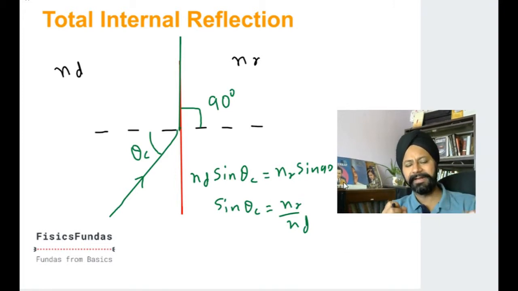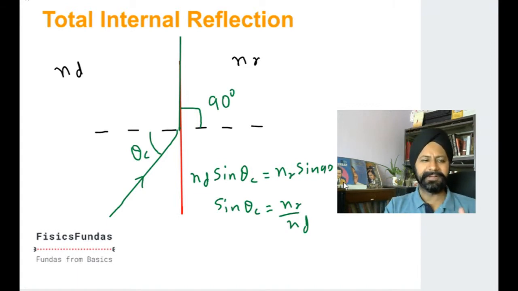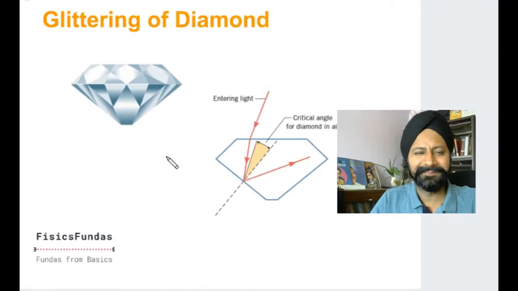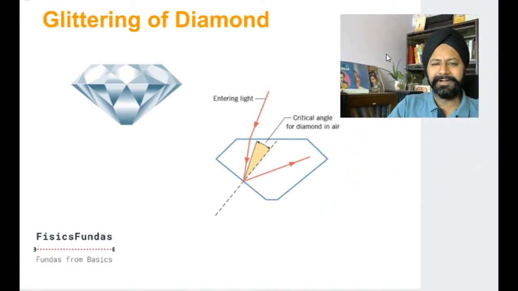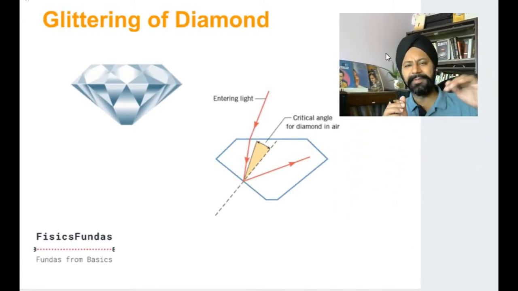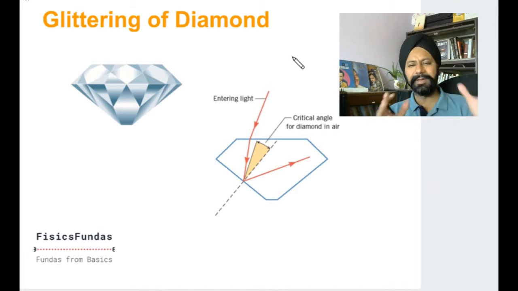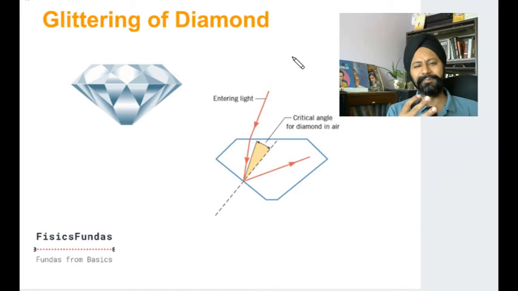Once you know the critical angle, you know that if the incidence angle is more than the critical angle, the light is going to come back and total internal reflection will happen. So let's move on and study more on this. The diamond, if you remember those values, you don't have to memorize, but remember diamond had one of the most refractive indices. It has a very slow speed actually, and that is the reason it has such a big amount of